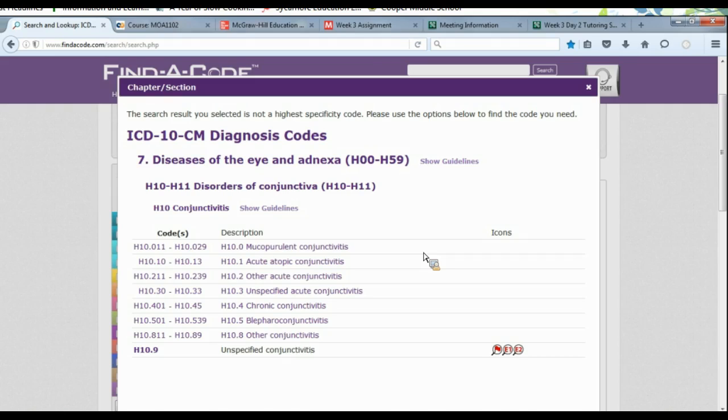We have mucopurulent conjunctivitis, acute atopic, other acute, unspecified acute conjunctivitis, chronic, blepharoconjunctivitis, other conjunctivitis. In here, I didn't see anything about paranoid specifically, and it did not specify mucopurulent, acute atopic, other acute, unspecified acute, or chronic. It says paranoid, and none of that falls onto this. So I'm going to click on